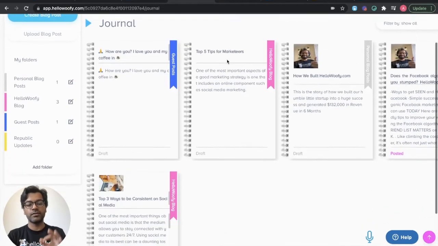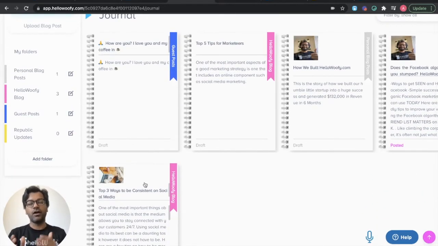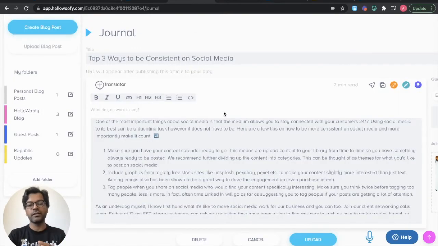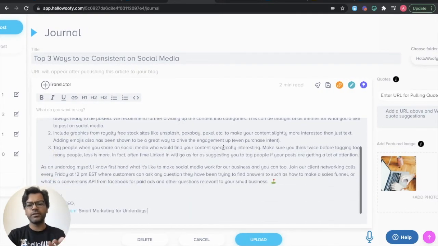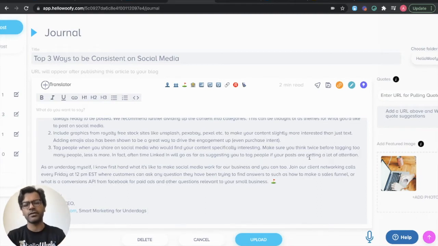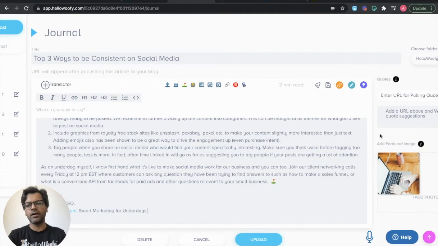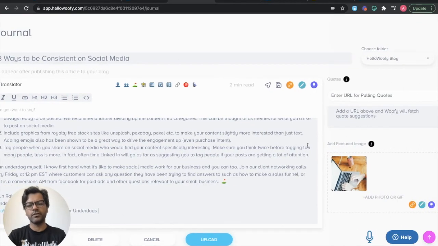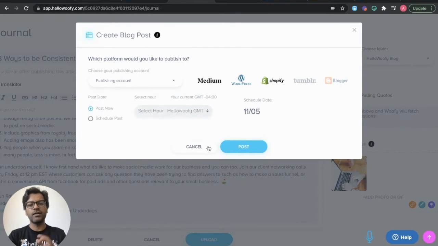Now, Journal, as I mentioned earlier, is now allowing you to auto-complete an entire blog article and automatically schedule it to your Medium, WordPress, and very soon other blogging platforms that we're considering integrating with, such as Shopify, Wix, Tumblr, and Blogger. But this article is something that I just wrote a few days ago, auto-completed it, typed a little bit, suggested for me content, typed a little bit more, suggested more content, found an image through our image recommendation engine here on the bottom right, and then automatically clicked on upload, chose my WordPress account, and guess what?